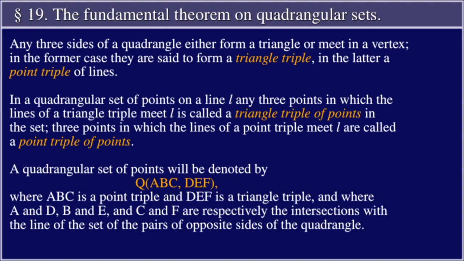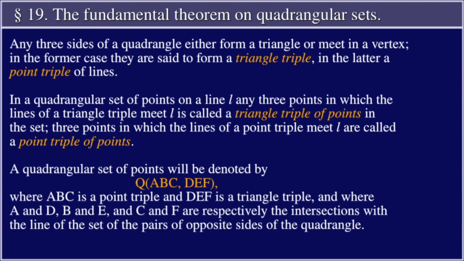In the quadrangular set of points on a line L, any 3 points in which the lines of a triangle meet L are called a triangle triple of points in the set. 3 points in which the lines of a point triple meet L are called a point triple of points. A quadrangular set of points will be denoted by Q(ABC, DEF), where ABC is a